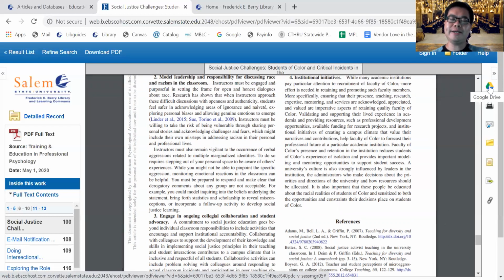You can see that you can save this article to your computer, to your laptop. You can print the article out. You can email this article as well. Email it to yourself. If you're working on a group project, email this article to your classmates. Email the article to your professor and say, hey, professor, can you take a look at this article? Is this good for my research